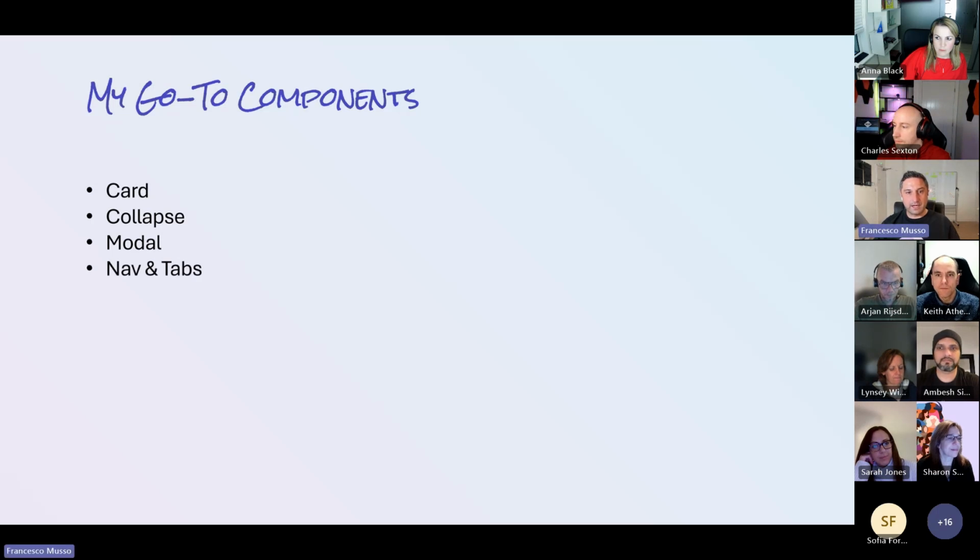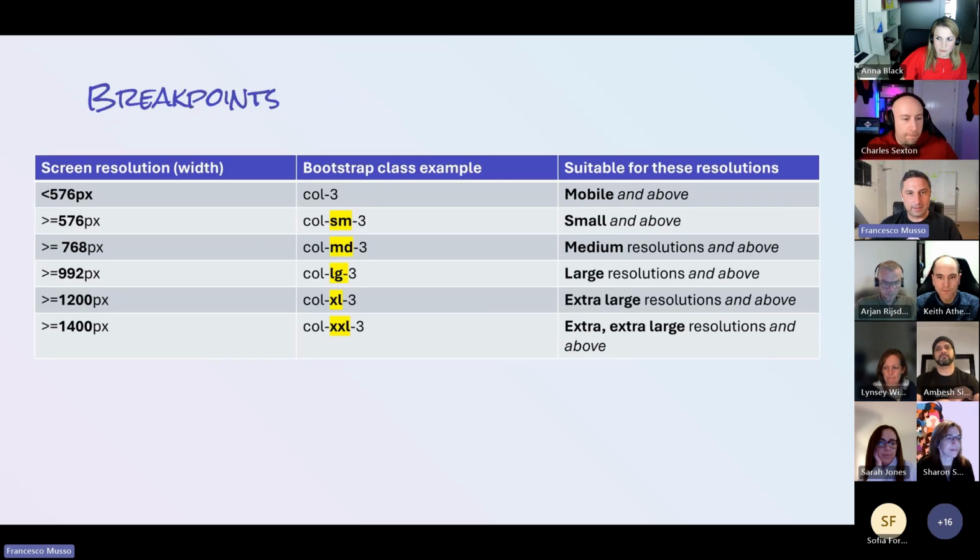Nav and tabs, so things like our fixed toolbar that we saw at the bottom of the screen on Audible, on Spotify, in the Mail app, that's all stuff that we've got ready built within Bootstrap as well. And accordions. There's many more. I say I'll show you where to go and find those. But a really important concept in responsive